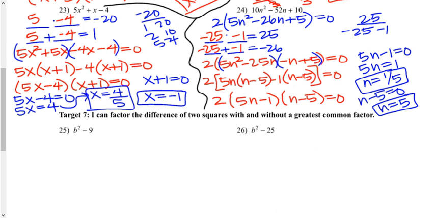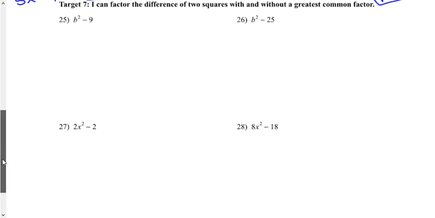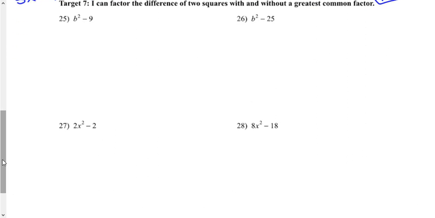All right. And then target 7, I can factor the difference of two squares with and without a greatest common factor. B squared minus 9. I have to ask myself 3 questions. Is there a b value? No. Are both those numbers perfect squares? Yes. Are they separated by a minus sign? Yes. That's going to be true in all 4 of these cases because it tells me I'm using difference of squares. So when you're doing these problems, ask yourself those 3 questions, but I'm only going to do it